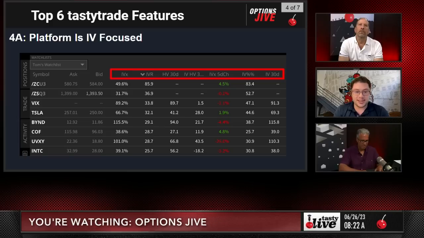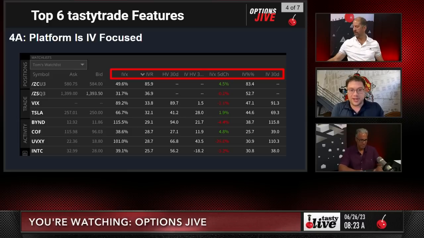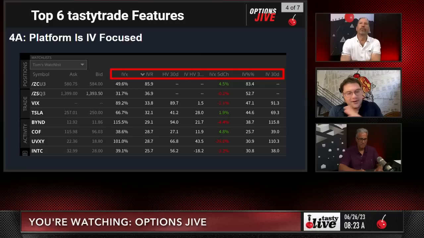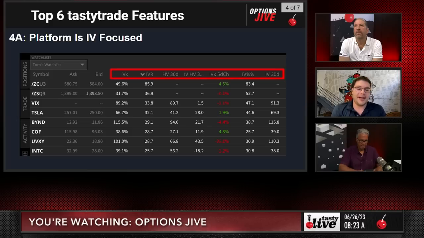I just pulled up basically all the IV metrics we have that you can pull up for any single stock. If you're looking at your watch list, you have the IVX, you have your IVR, you have your historical volatility for 30 days, you have your IVHV, like a 30-day change. I mean, everything you can think about implied volatility. We have every single metric available that is relevant. So if we go to 4B, the next slide,